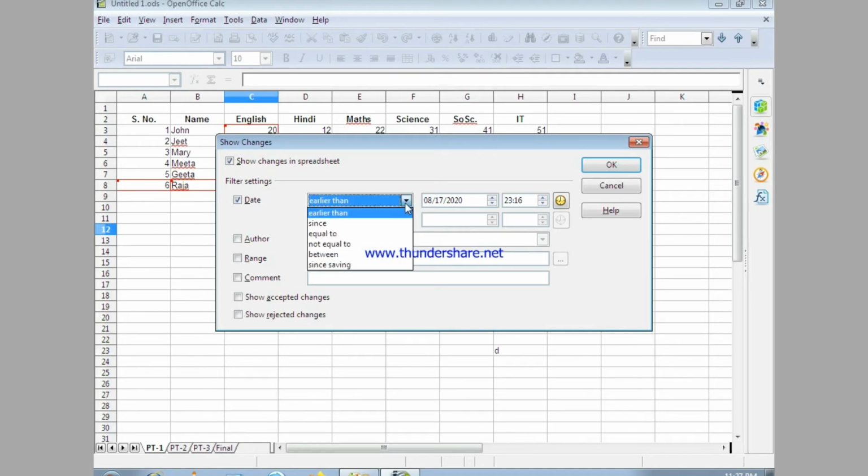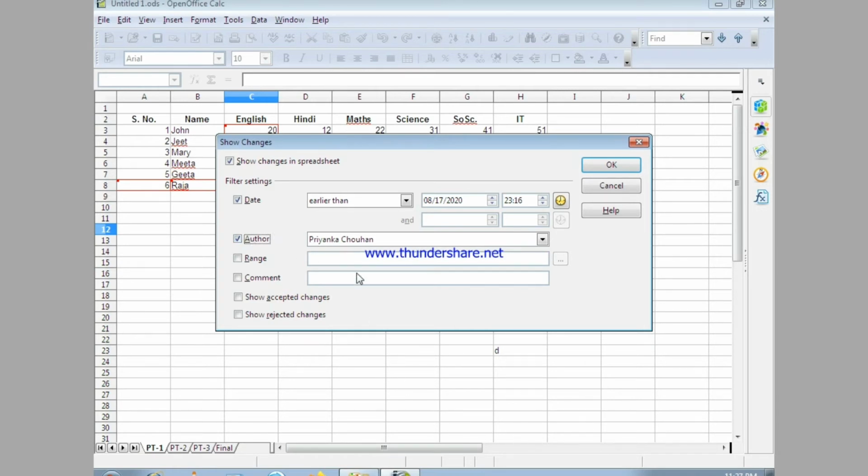When I click on this drop down, you can see earlier than, since, equals to, not equals to, between, and since saving. These are the criteria for showing the changes based on the date.